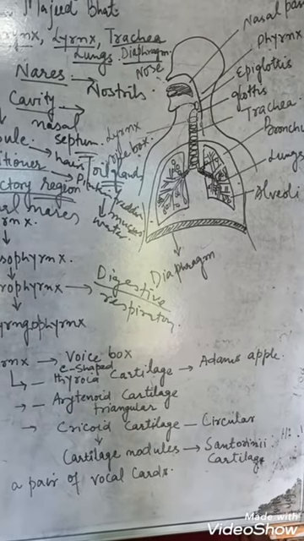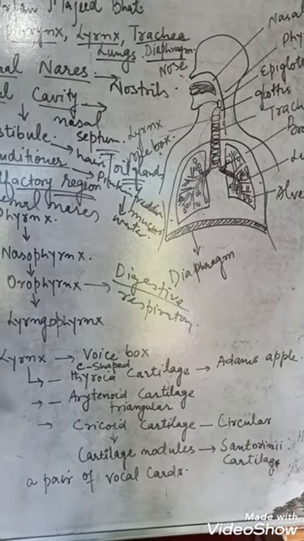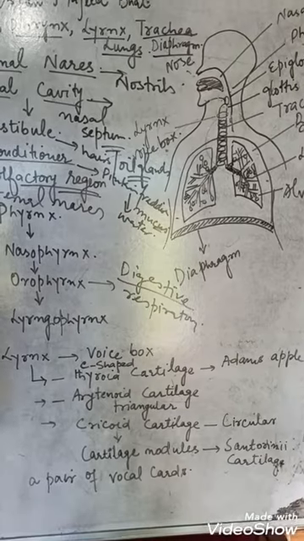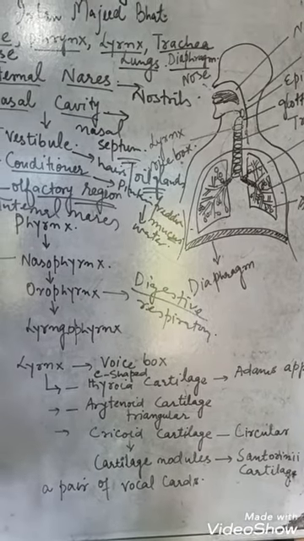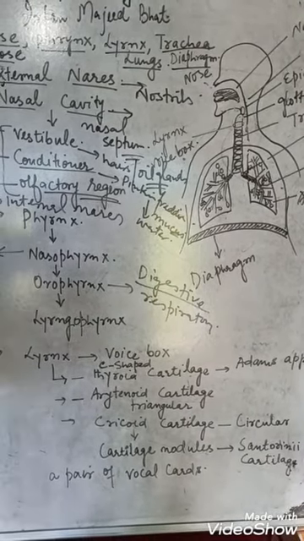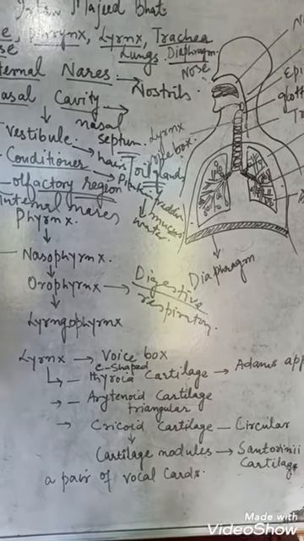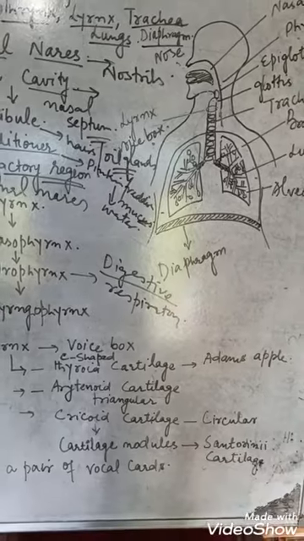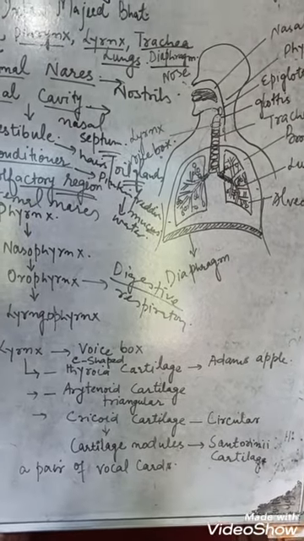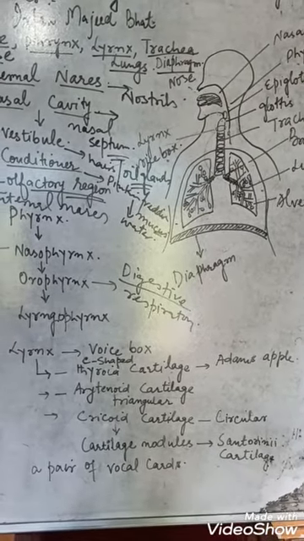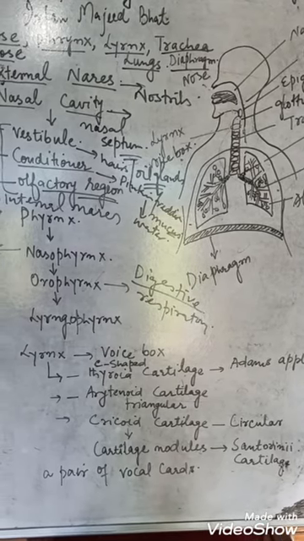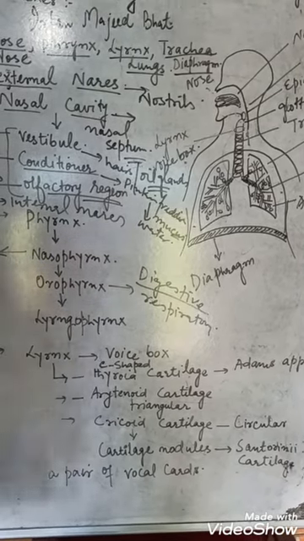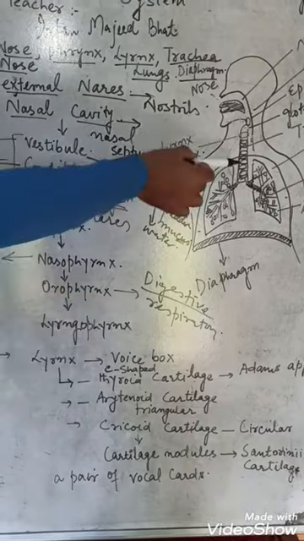And there is also a pair of vocal cords present inside the larynx, जिनसे आवाज प्रोड्यूस हो जाती है। जब vocal cords के अंदर air चला जाता है, तो by the modulations of the tongue and lips and teeth, the voice is produced in the vocal cords, and we can say our larynx, it is the voice box. So larynx के बाद जो structure यहाँ से rise हो जाता है, that's called the trachea.